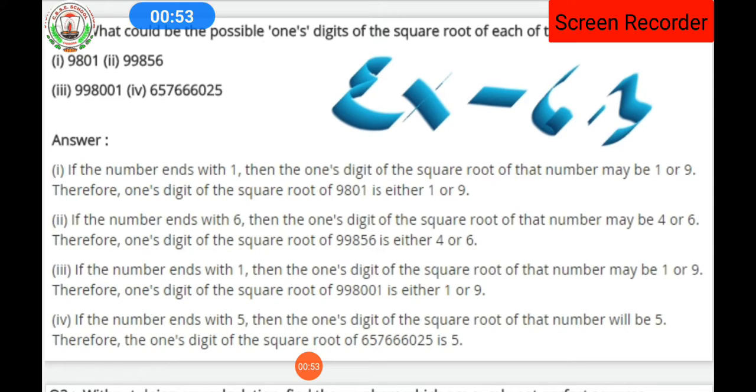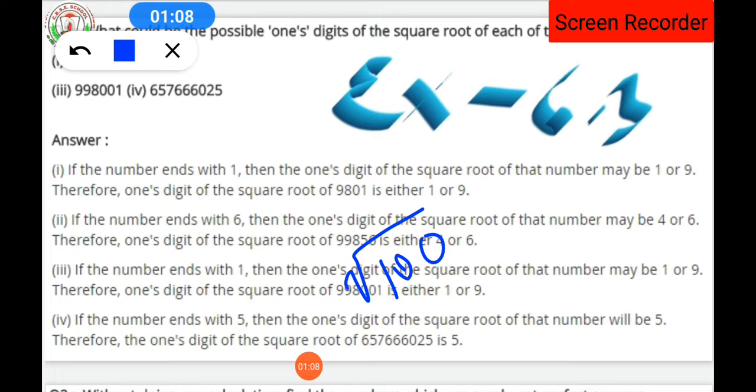So dear students, as it is given that you have to find the square root, not to find it, here it is asked what will be, suppose we are having a number 100. If it is asked to find the square root of this 100, we know that the answer will be 10. Okay, clear? If it is asked to find the square root of 16, it will be 4, isn't it?